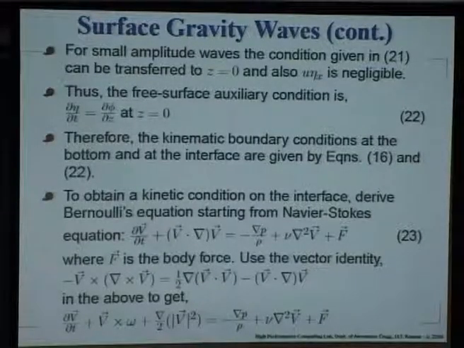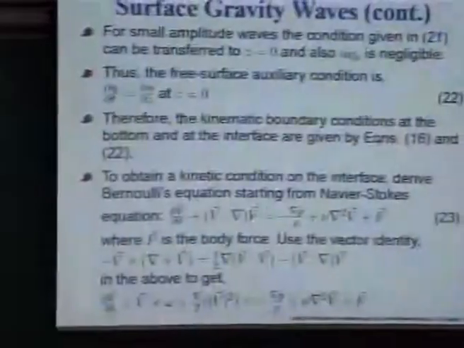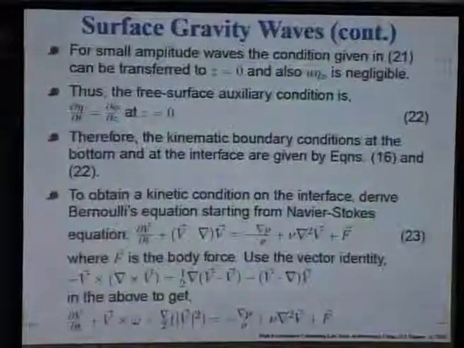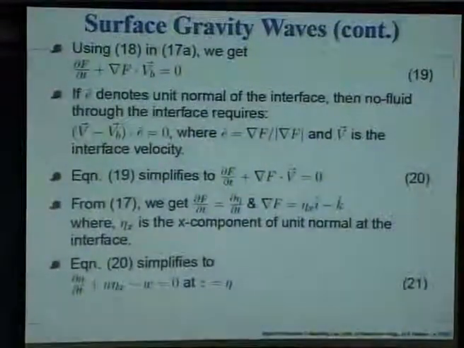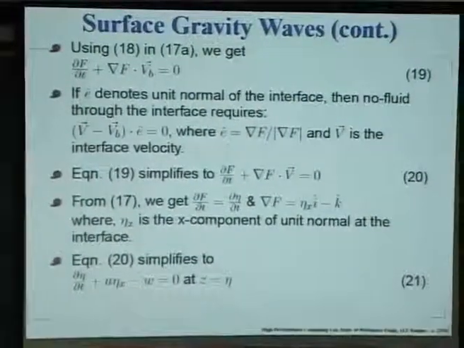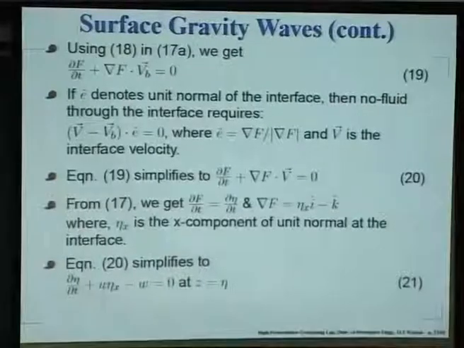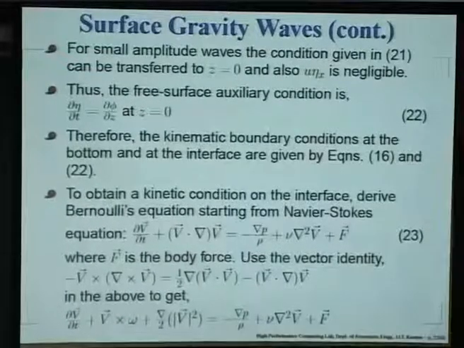So, what we would be doing is we will be making some additional simplification, that this condition that I am applying at the deformed interface would be reflected back on the mean interface. That is what we are saying, that the condition will be transferred to z equal to 0. And if you look at the last equation, this middle term u times eta x is a kind of product term. Every quantity here is small, right. So, del eta del t is small, w is small, but this is a product of two small terms. So, that also we can neglect in a linearized analysis,